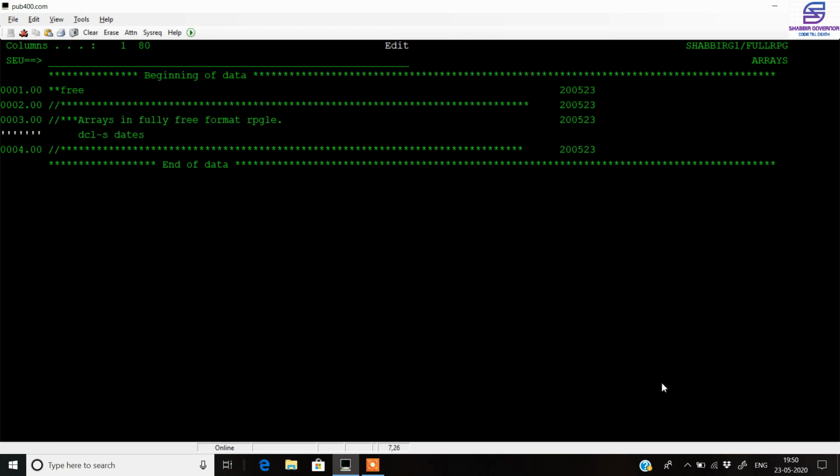I keep the name of the array here as dates. Then we give the date format as *ISO, so that this array has all the values of the format ISO. And then we declare the dimension of the array, and to declare that we use the DIM keyword. So I give the dimension as 4.